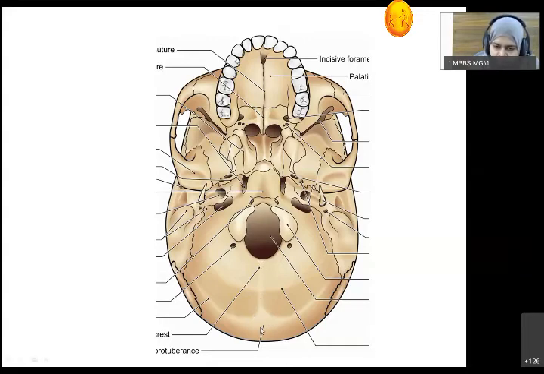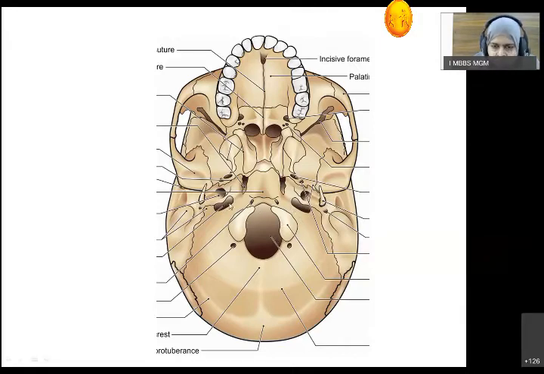Then on either side, you can appreciate curved lines, known as the superior and inferior nuchal lines. We have already discussed it. The line coming from the external occipital protuberance towards the lateral aspect is the superior nuchal line, and the line from the middle of the external occipital crest is the inferior nuchal line. Sometimes, just 1 centimeter above the superior nuchal line, there is a highest nuchal line, which may or may not be present. Then this is about the middle portion.